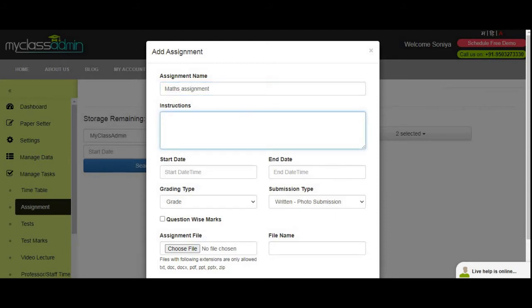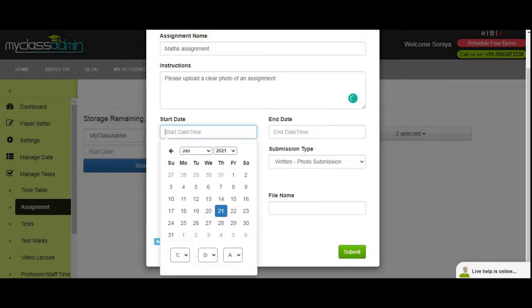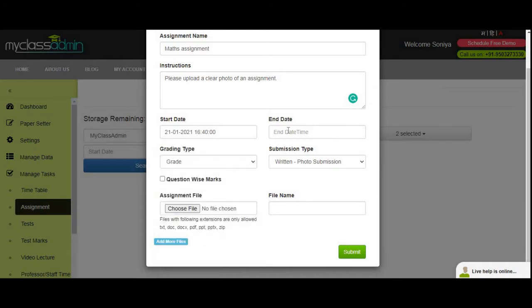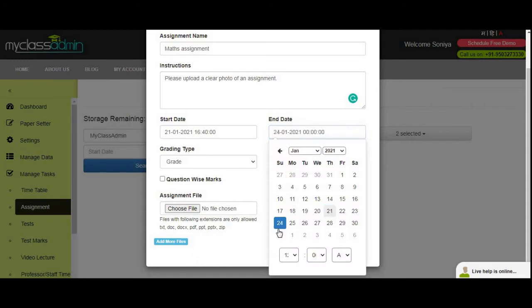If you want to give instructions to students regarding the assignment, then type here. Now provide the start date and time, and end date and time.